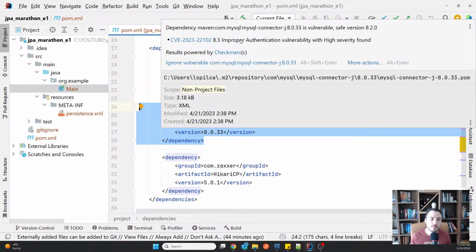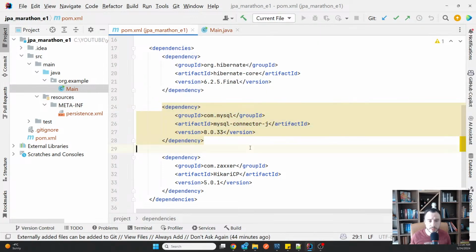So yes, I am now using this version of MySQL having a CVE, and this gave me the opportunity to tell you about CVEs. But when you work with real world applications, if any of your dependencies have a CVE reported, make sure you upgrade it to a version that is secure, or replace it with something else, and understand how that impacts, or maybe already has impacted, your organization. You might have already ended up being hacked by someone,